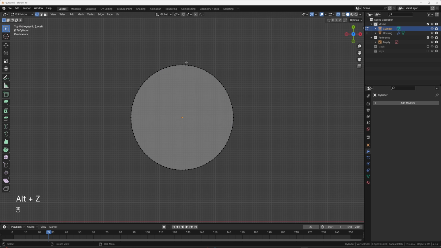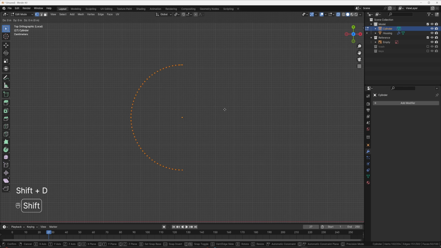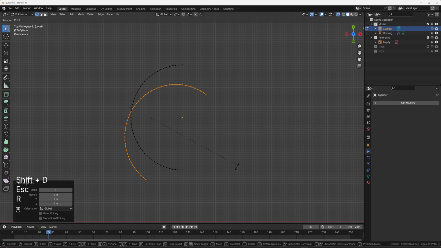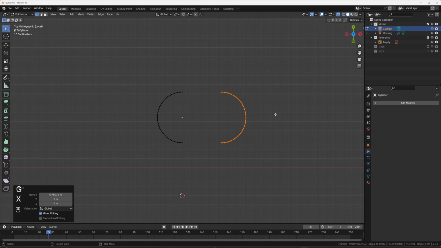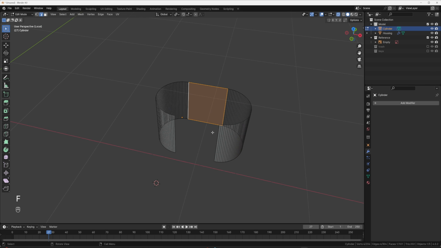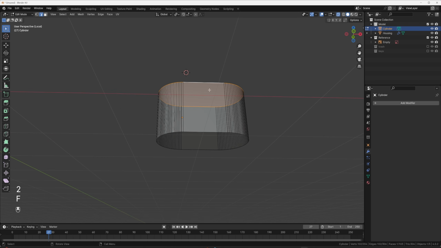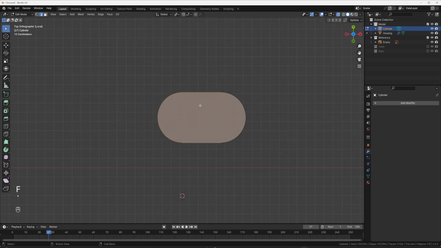I basically need to make this an oval. So to do that, I'm going to get rid of all these vertices here. And then I'm going to select all of these, Shift D to duplicate, and then press R to rotate. I'm going to hold Control and go to 180 degrees, GX to bring it over. Now I can just take these two edges, press F for face or fill, do the same here. And then I can press 2, select the top, fill it in, hold Alt, click this to fill this in.